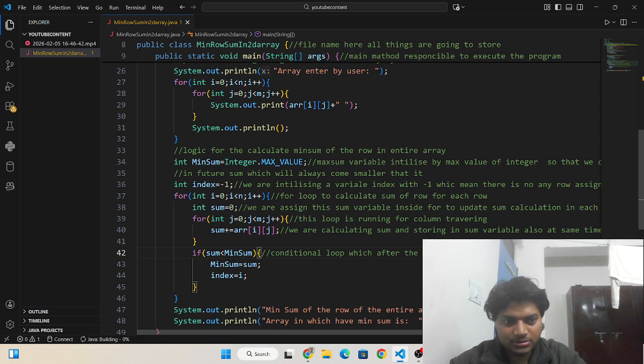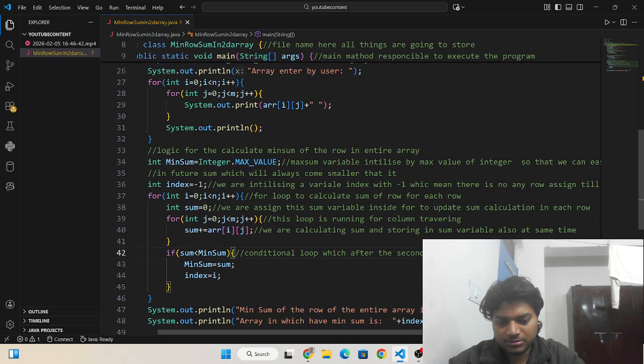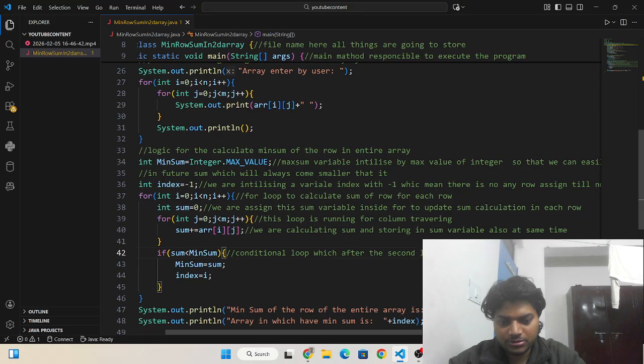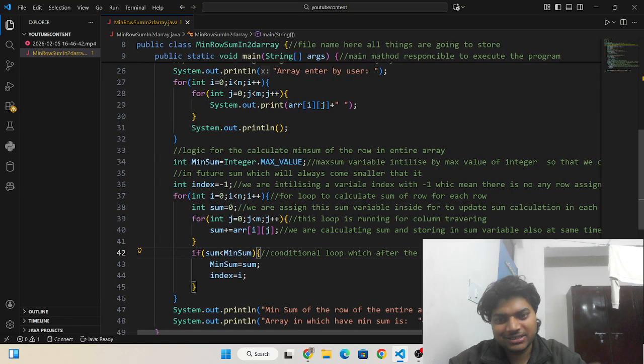It is checking the sum and the maximum sum. Okay, if it is less than that,